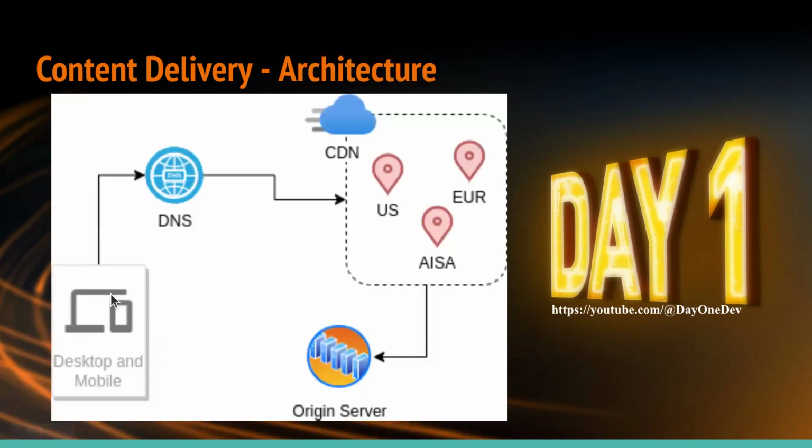So as a user, you're here and you hit, let's take the Day One Dev website, and the origin servers are somewhere in the US, but the requests are coming from Asia or Europe. If the connection goes through DNS to the origin server, latency is added. So the caching can be done with the CDN. The CDN delivers content faster if the data is cached here, or if the data is not cached, it calls the origin server,